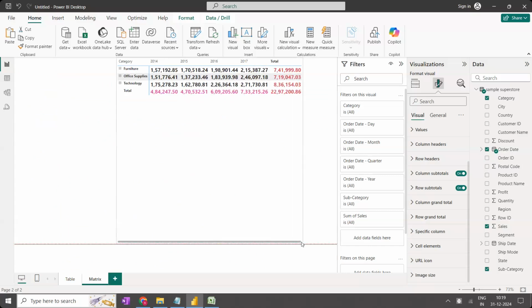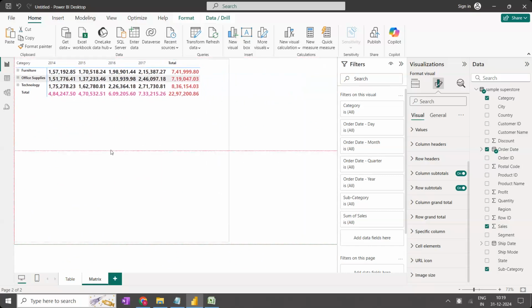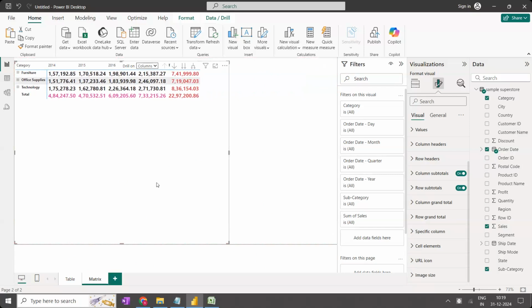With the tables and matrices, everyone is clear? In the table, only the columns will be available. If you want sub-levels in the rows or in the columns, then you have to create the matrix. If you only want a plain table, go with the table. Within that subcategory, if you want to add something,